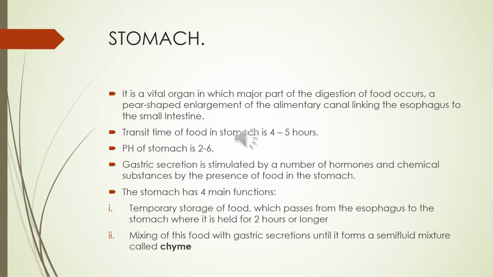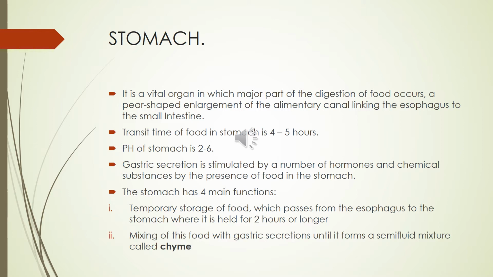It's a pear-shaped enlargement of the alimentary canal, linking the esophagus to the small intestine. In between the esophagus and small intestine, there lies an enlargement of the tract, which is known as the stomach. The transit time of the food in the stomach is 4 to 5 hours, and the pH of the stomach is 2 to 6. The stomach releases secretions known as